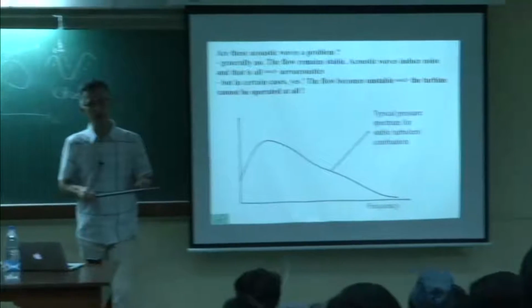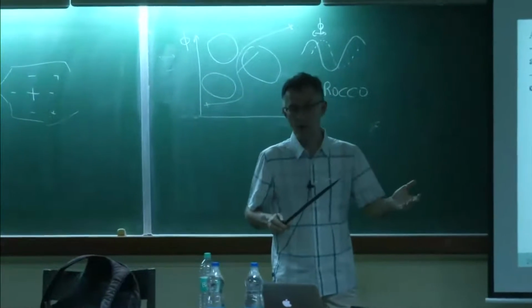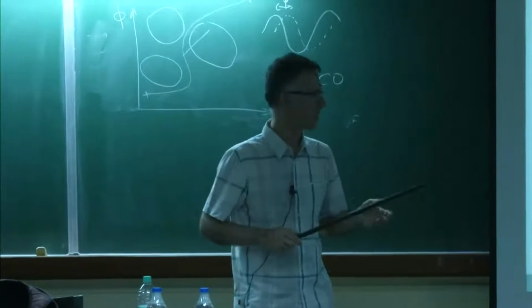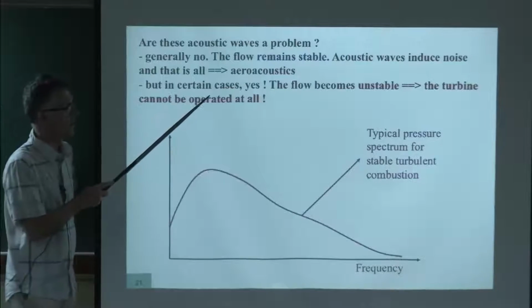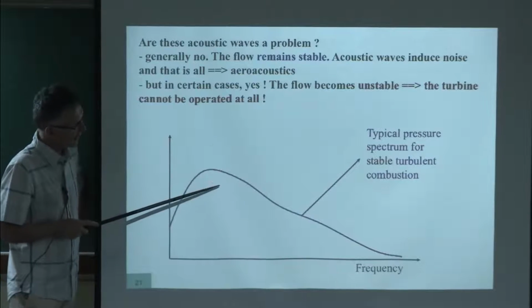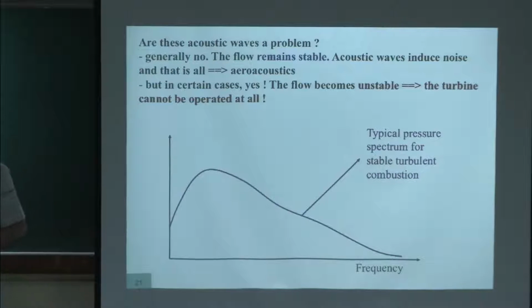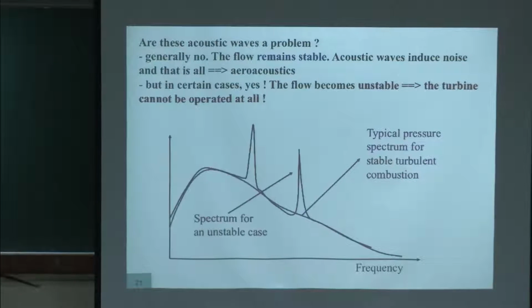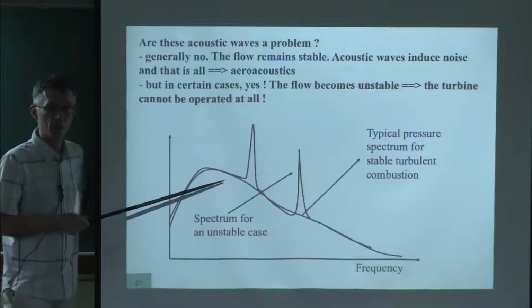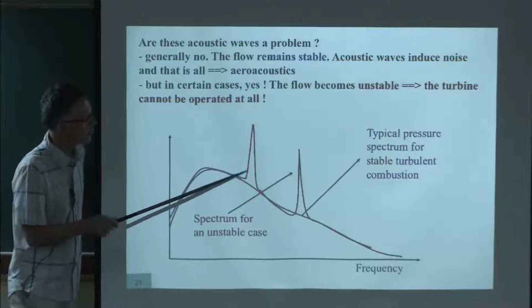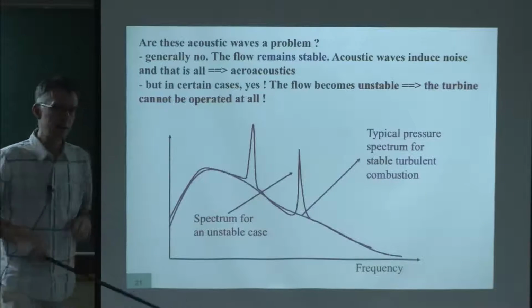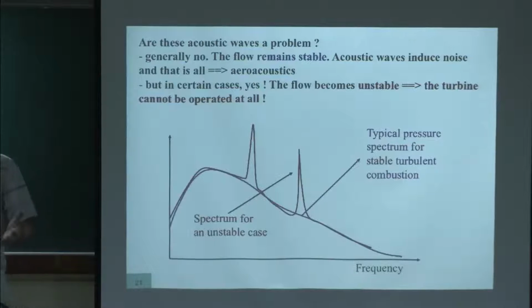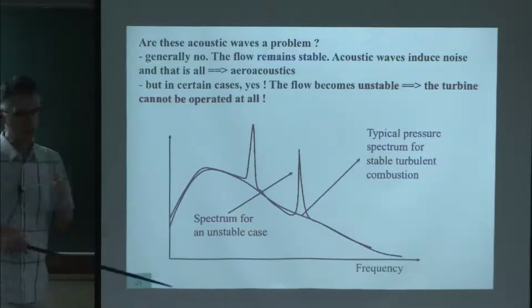So in many cases, if the Rayleigh criterion is not satisfied, the only thing that happens is that we have a flame which makes noise, not too much noise. But if the Rayleigh criterion is satisfied, then it becomes unstable, and this flame will change its spectrum. In addition to broadband noise, you will start seeing peaks, which are exactly what Professor Koushawi showed yesterday. He had broadband noise and a huge peak, if you remember. He didn't call it instabilities, he called it hooting, but I think it's the same thing. This is the trace of a strong resonance in the system.